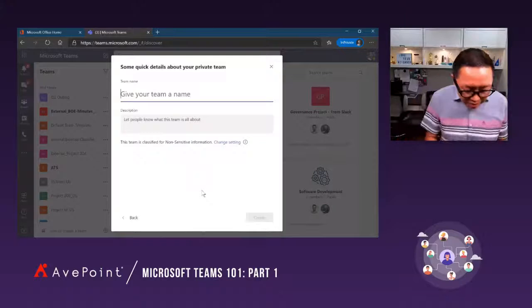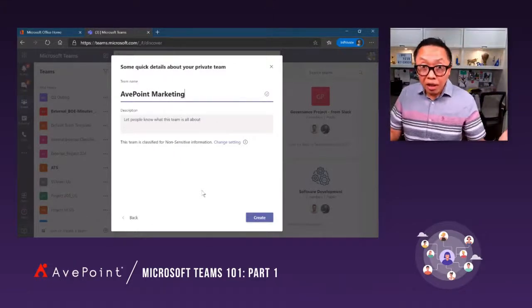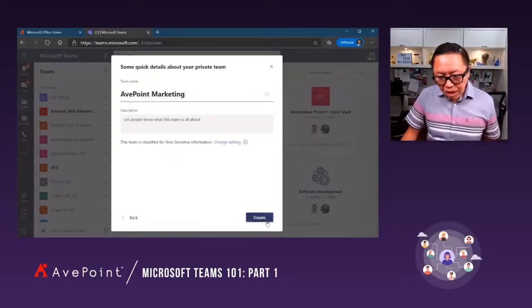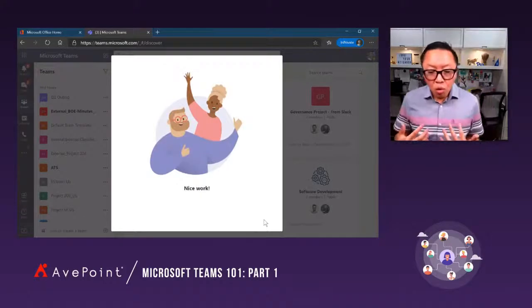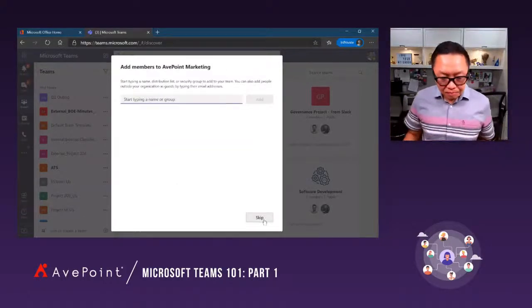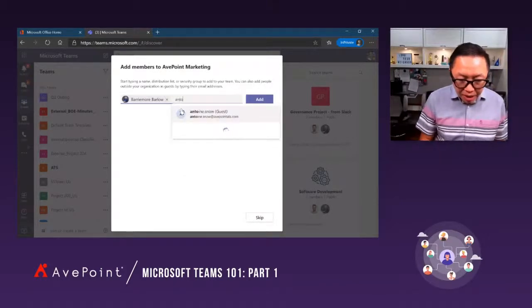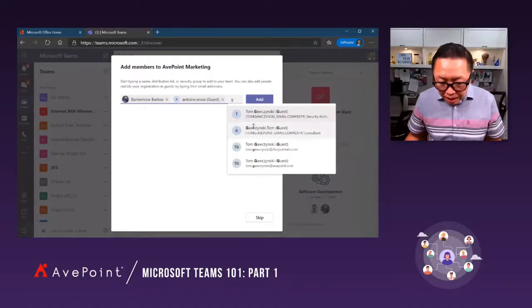So I'm going to give my team a name. I'm going to call it AppPoint Marketing, right? Or you can call it X Project. And I can put a little description. I can hit create. As soon as I hit create, it's going to ask me who I want to add to the team, right? I can add Barry again. I can add my colleague Antoine. I can add Tom.